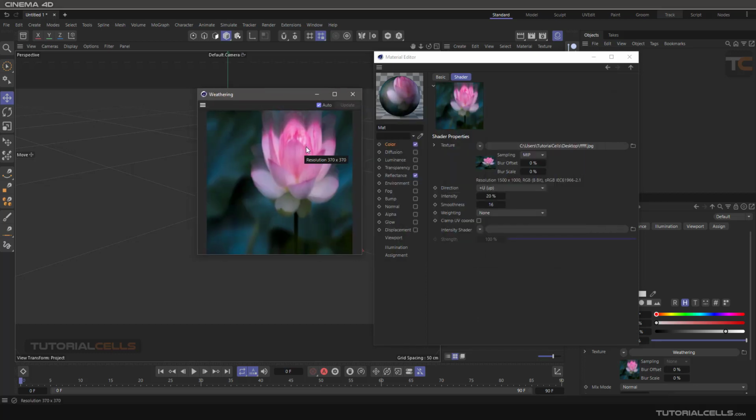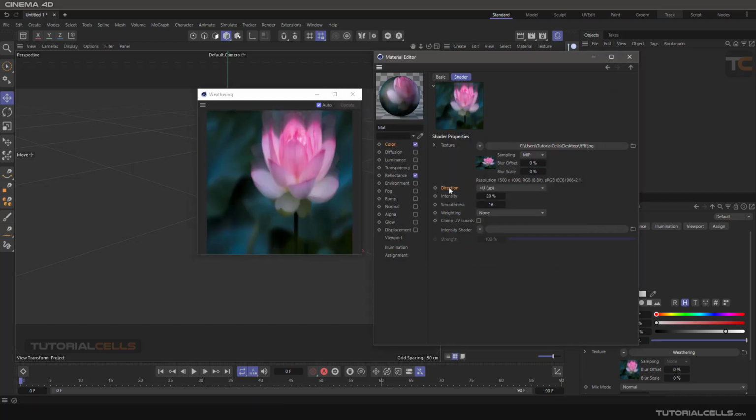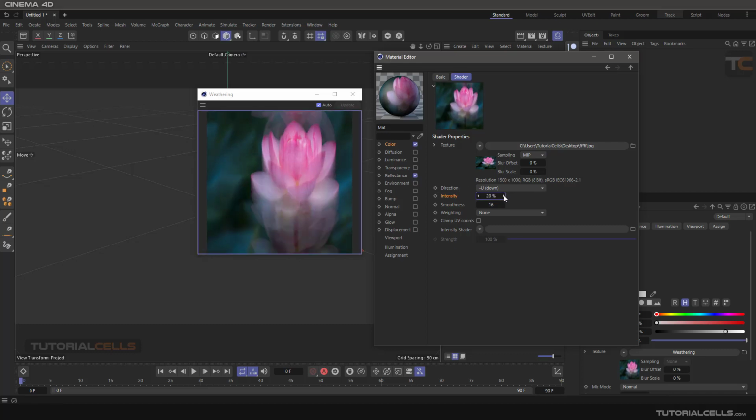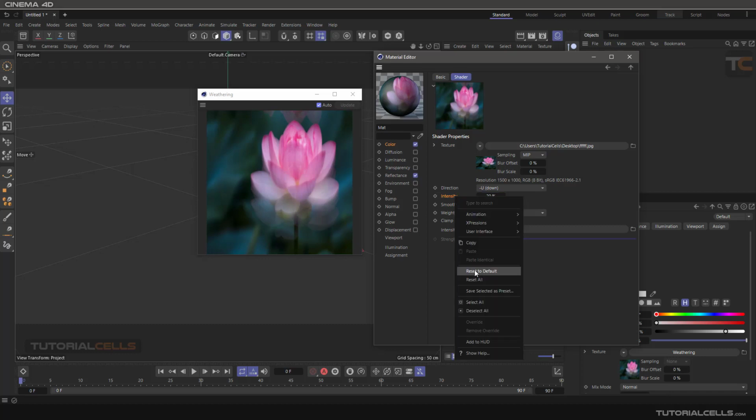It's very simple. First, you can change the direction of your weathering. For example, I want the weathering going down. Now you can see it repeats the image and blurs it and simulates that effect. Intensity is how powerful this stretch can be. You can increase the number of the weathering. Nice. Right click on this arrow to reset your number, or right click, you can reset all or reset to